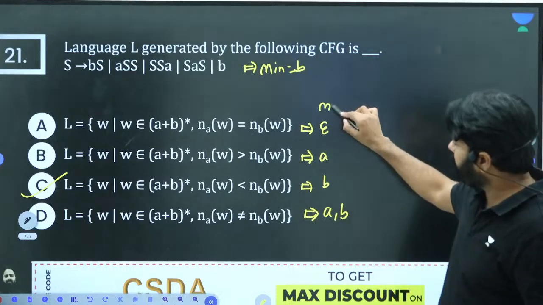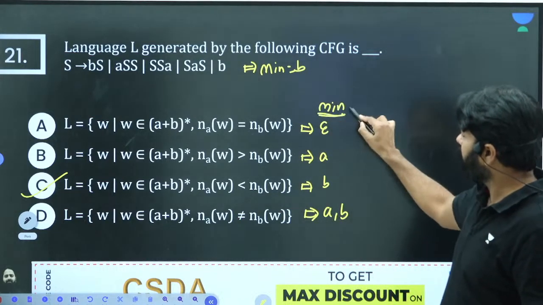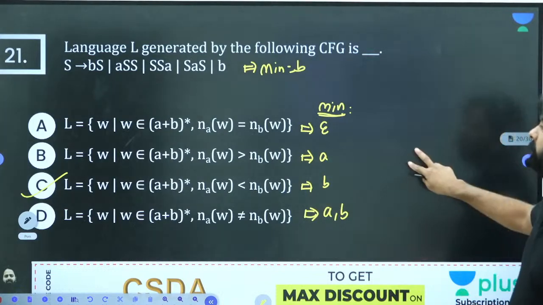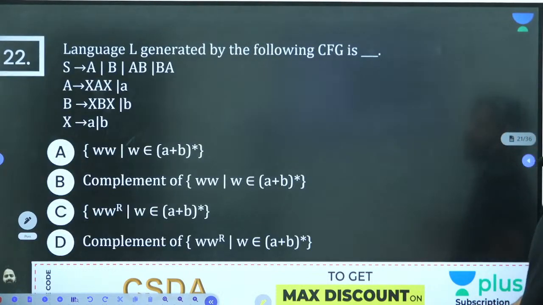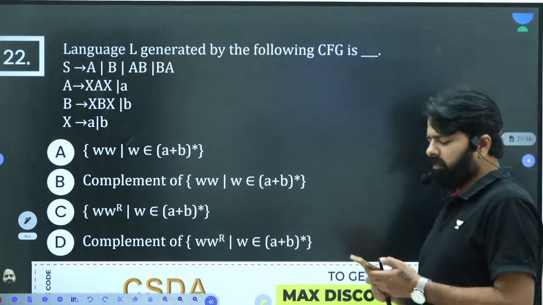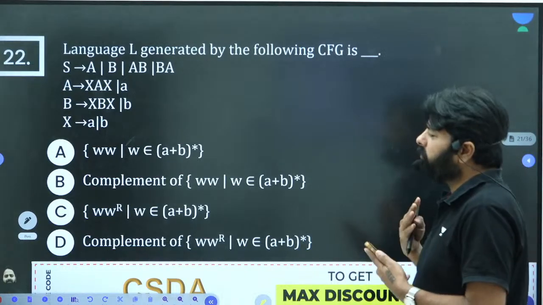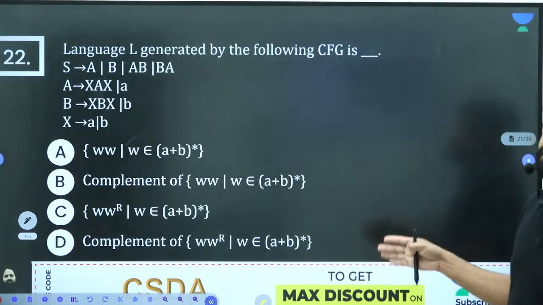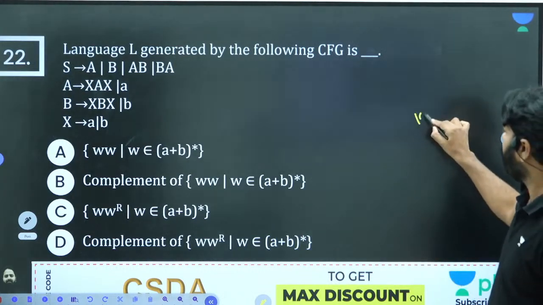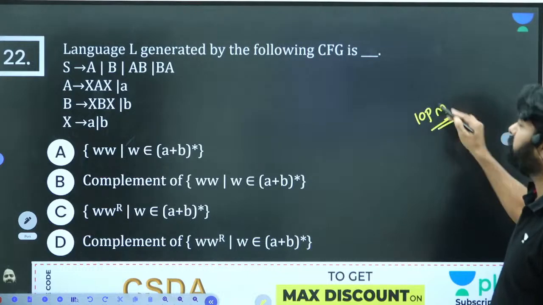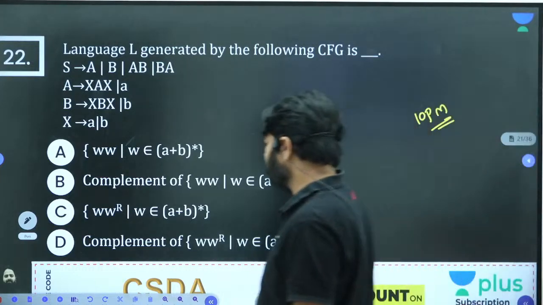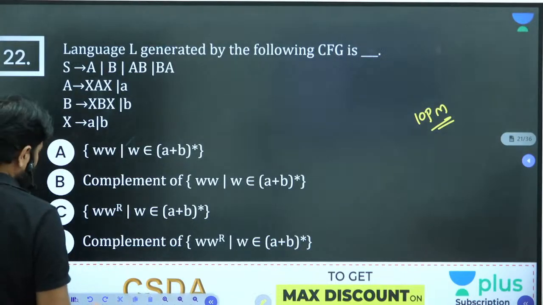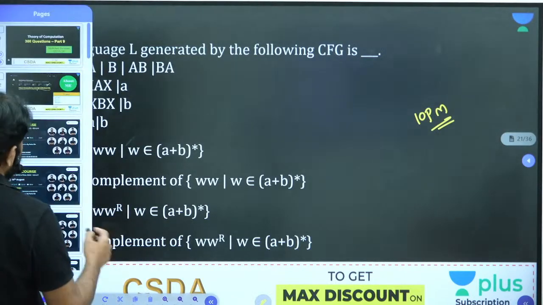Using minimum strings, you can easily eliminate the options. So this question 22 is something different. I want you to take this as homework, only one homework, question 22, and we will discuss it in the evening at 10 p.m. We'll join again at 10 p.m. and start from question 22. This is really a favorite question for me, and you can practice this question and let me know your answer.